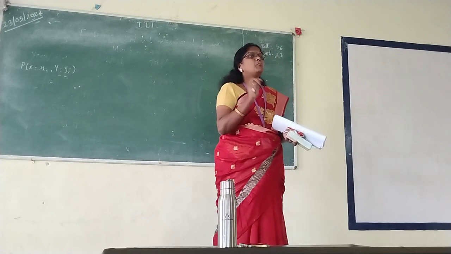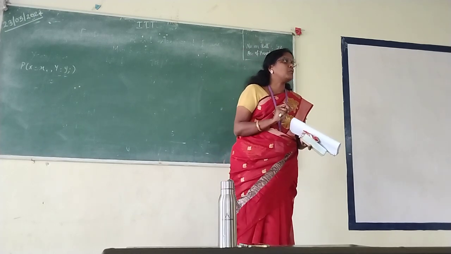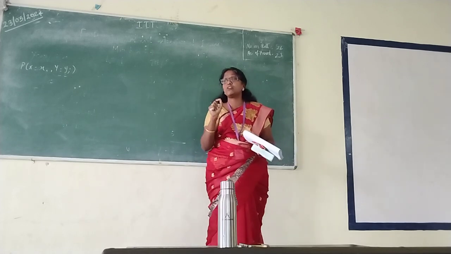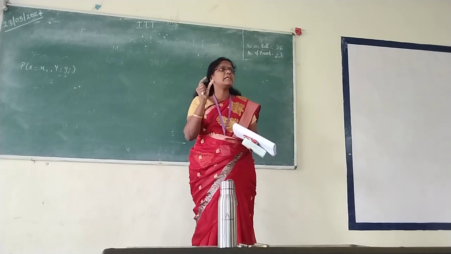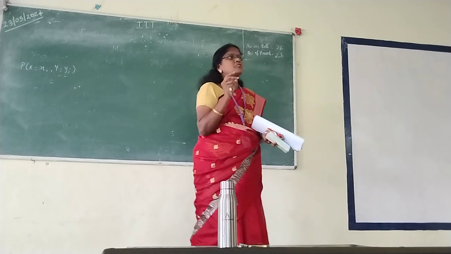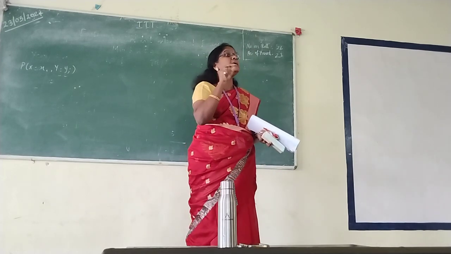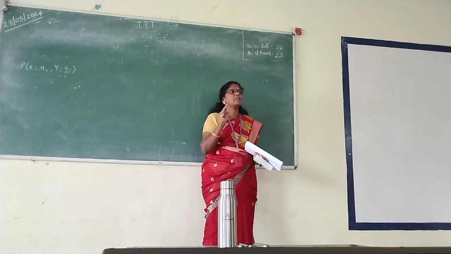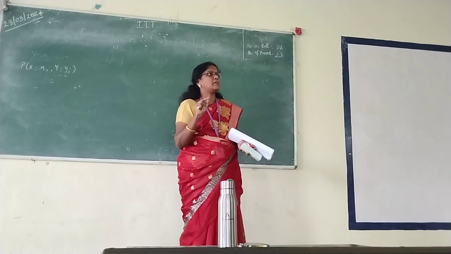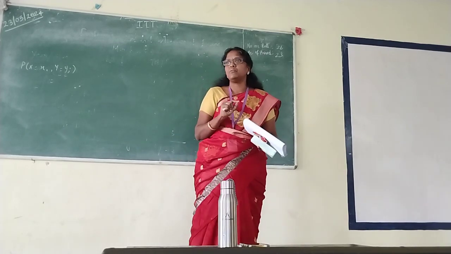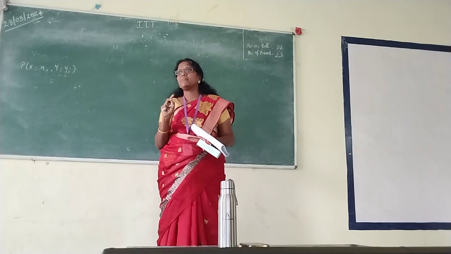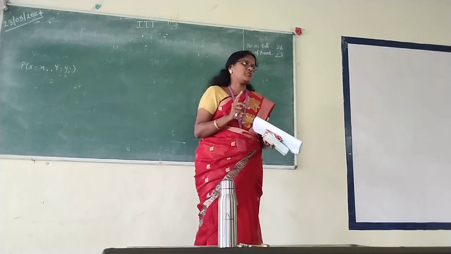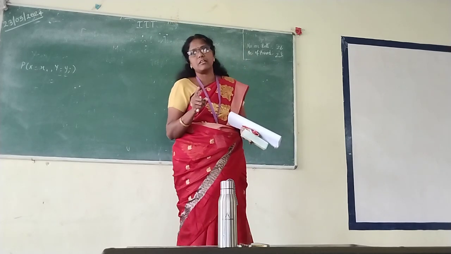Both are similar, but in correlation, you will identify the relationship in terms of a particular value. You will measure the relationship. Whereas in regression, you will try to represent them in an equation form. Both discuss relationship only, but in correlation, you give one particular value for that relationship. But in regression, you give the relation connecting both the variables in the form of an equation. That is what correlation and regression are.